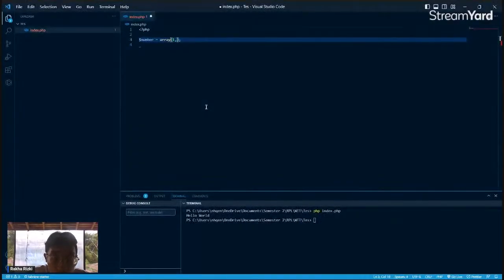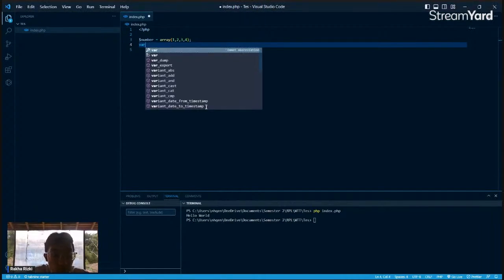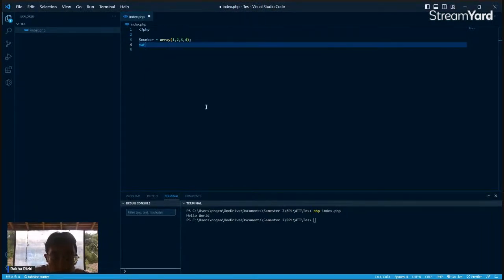So if we have a variable number, and this variable number is an array, 1, 2, 3, 4, then we can show it with var_dump, not using echo. var_dump and then number. Okay.